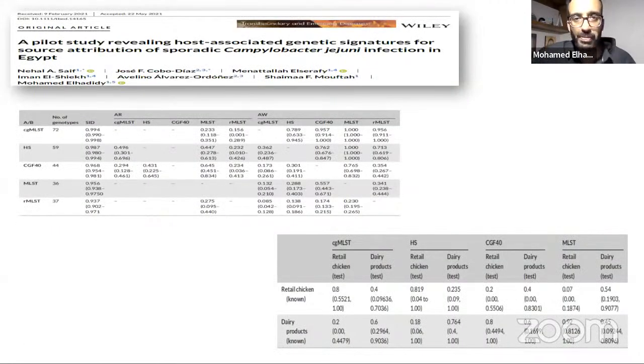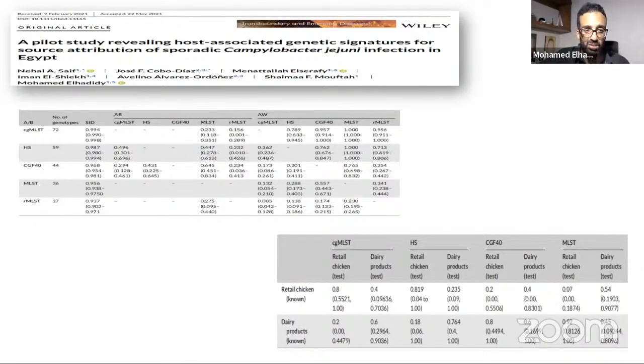Also, this is another paper we published last year from this Campylobacter microbial genomics project. As I mentioned earlier, one of the insights that we're really interested in is having genetic signatures per reservoir. If we have genomes from different reservoirs that are potential sources of infection for humans, can we have a genetic signature? Like this is an allele for cattle, this is an allele for pets, etc. So this is a source attribution study using a model which most people use, which is the STRUCTURE software model.